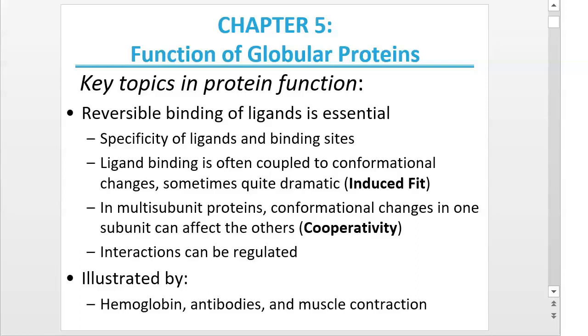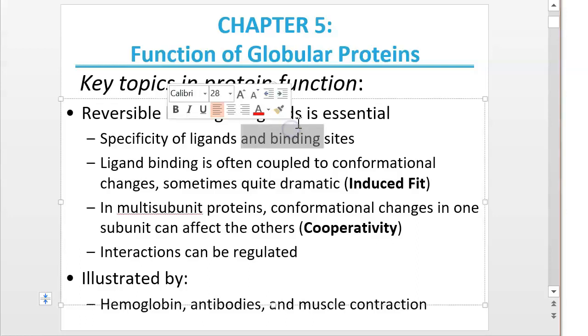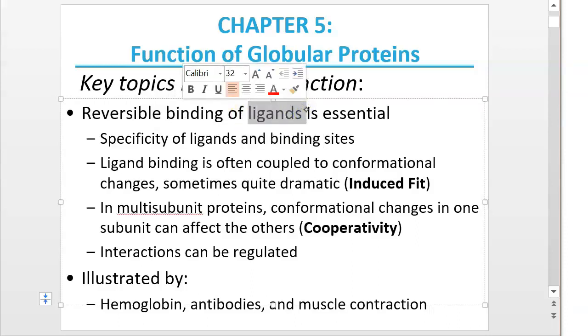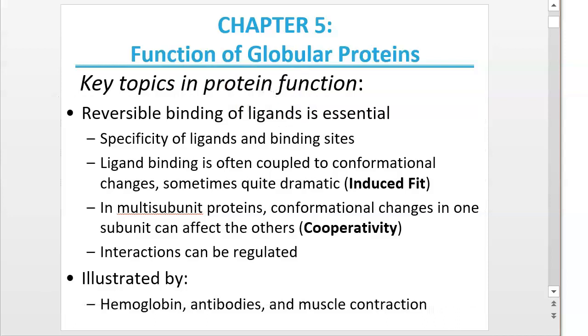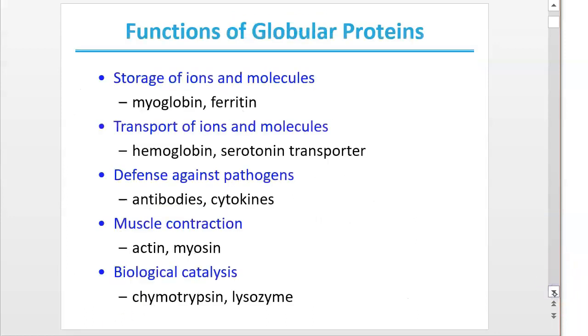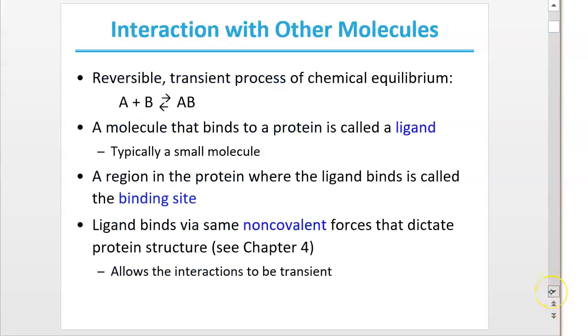We talked in class about the terminology of a ligand being something that reversibly binds to usually a protein, but could be something other than a protein, usually a larger molecule. We usually think about a ligand as a small molecule and what it's binding to as a larger molecule. That's not always the case, but it is the case that we're going to investigate here. Globular proteins have all kinds of functions. They're pretty much the workhorses of the cell. You can read through that slide. And let's get on to the chemical equation equilibrium that has to do with binding of ligands.